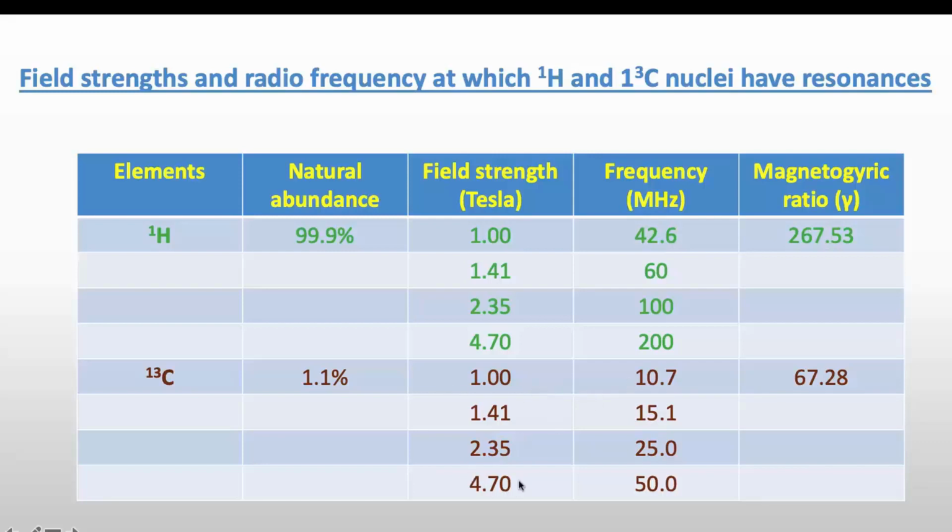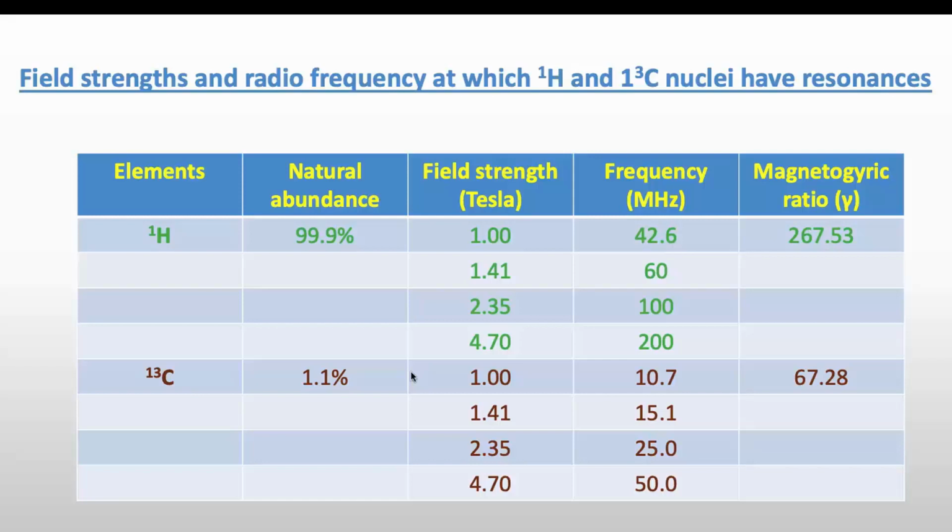As another example, if we are using a 4.70 Tesla magnetic field, we need 50 megahertz frequency for carbon to get resonance, which again is 1/4 of the energy required for proton under the same field. So this shows that carbon requires 1/4 energy in the same field in comparison to proton just due to the